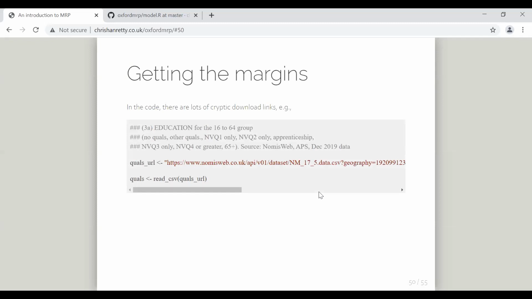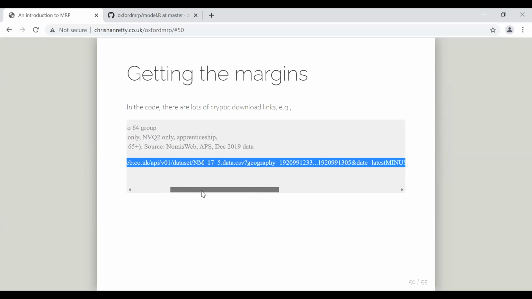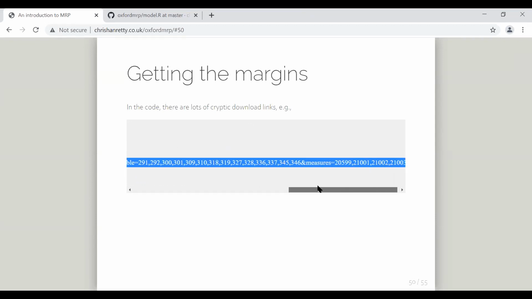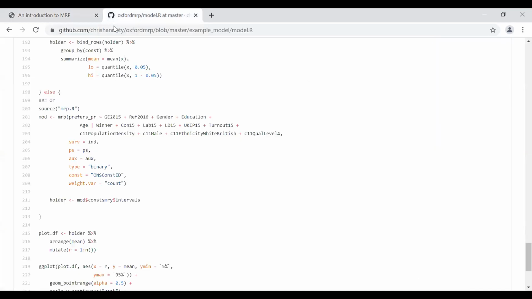One of the things that you learn when you're constructing these post-stratification frames is you get incredibly familiar with different statistics agencies' websites. So if you look at the code for getting the marginal distributions, there are a whole host of really long, complicated URLs. I can tell you that URL gives you a table showing educational qualifications for Scottish Parliament constituencies from December 2019. How did I get that URL? Well,